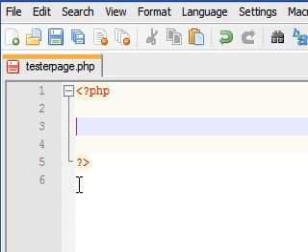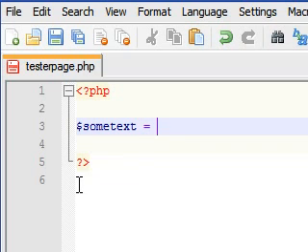So, all variables in PHP start with a dollar sign. So you put the dollar sign and then you type in your variable's name. I'll type some text. Now, after you have your variable, you have to set it equal to something.